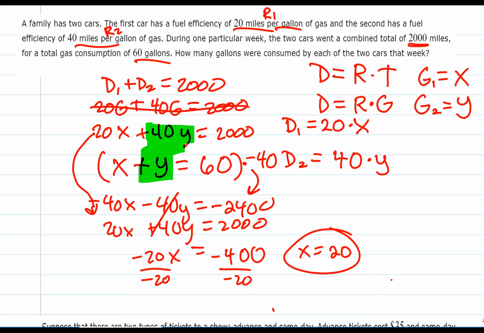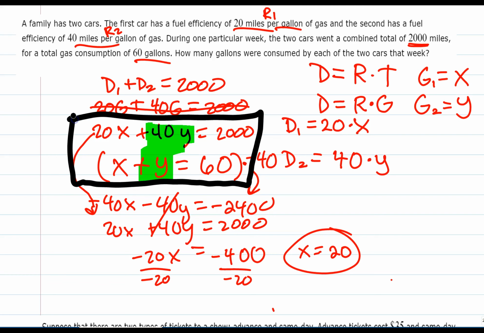Which of these original equations, I'll change color here just to make this clear, would be easiest to plug into and solve for? Somebody please tell me the bottom one. But that's just an x plus y. You want to mess with all of them. But guess what? It doesn't matter which one we use, because this should be the answer for both of these, right? But it's easier to plug it into the bottom one. So let's take that x plus y equals 60. And we now know x is